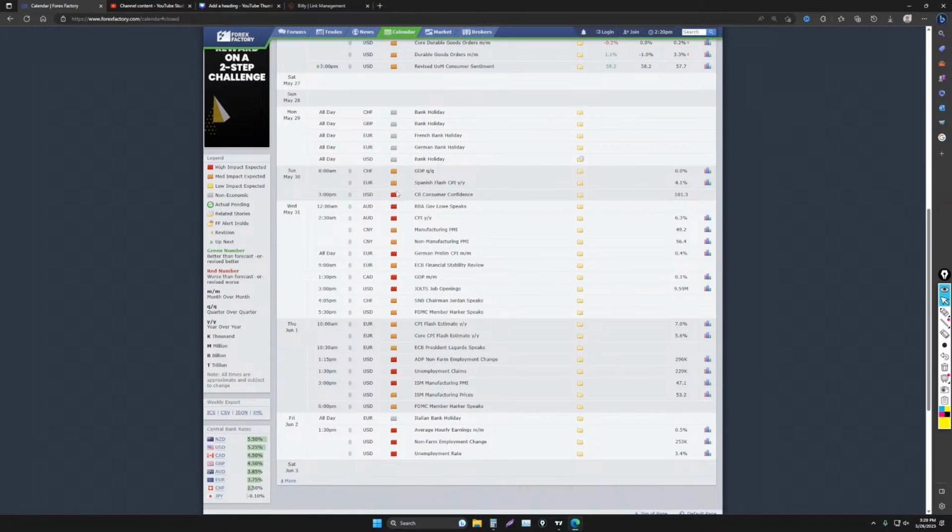And then Tuesday we got the better consumer confidence. This is a good news event right there. What do we got? We got CPI for the Aussie pairs next week at 2:30 a.m. my time. Definitely won't be awake for that. And then we have non-farm payroll towards the end of the week. Oh, we got CPI for the euro next week too. They're still predicted to be 7%. That's really high. And non-farm payroll. Oh, we got an Italian holiday that day too. So definitely keep an eye on those dollar pairs.